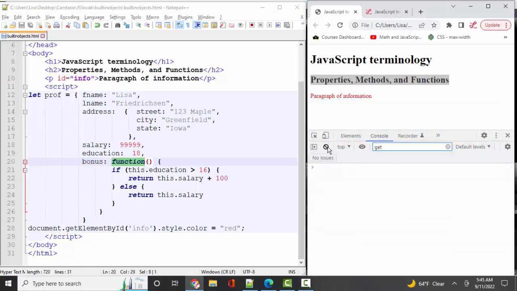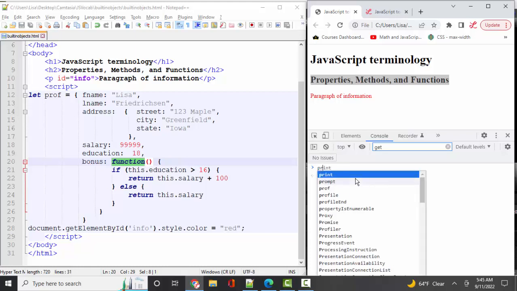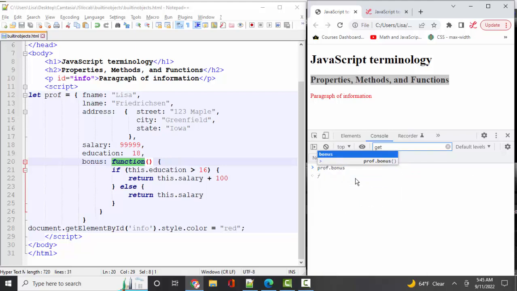I'll clear my console. Let's try this method. How do we run a method? Well, because it contains a function, we run it just like we would a function. We run it with the parentheses. Prof.bonus, left, right parenthesis, and it returns